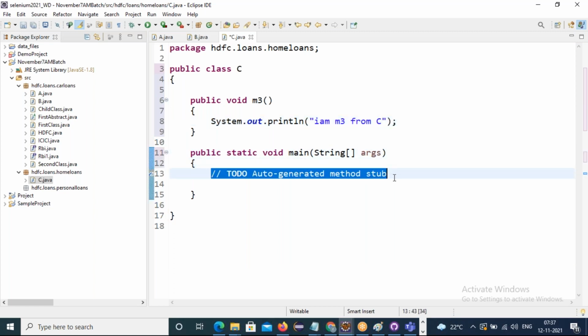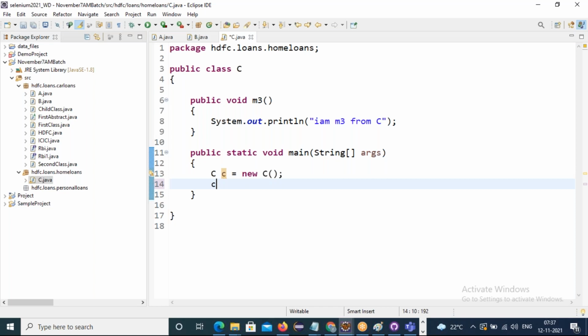Just by creating an object for the C class, new C. With this class reference variable, I'm able to access M3.